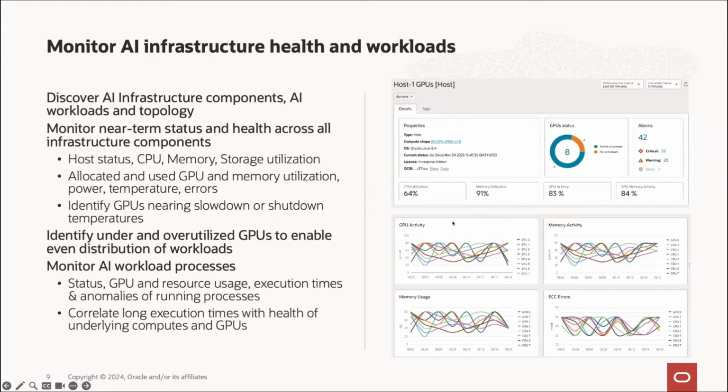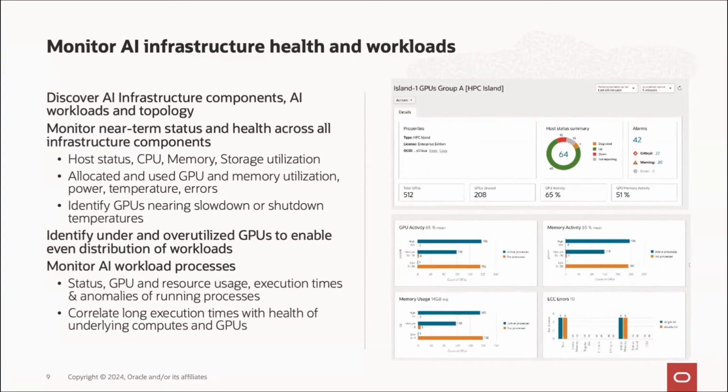Users will also be able to identify some of the under and overutilized GPUs across your workload. They'll also be able to correlate the AI workload processes across this infrastructure and see if that is causing any issues around their workload. More so, within this near-term monitoring application experience, we are also thinking around the whole concept